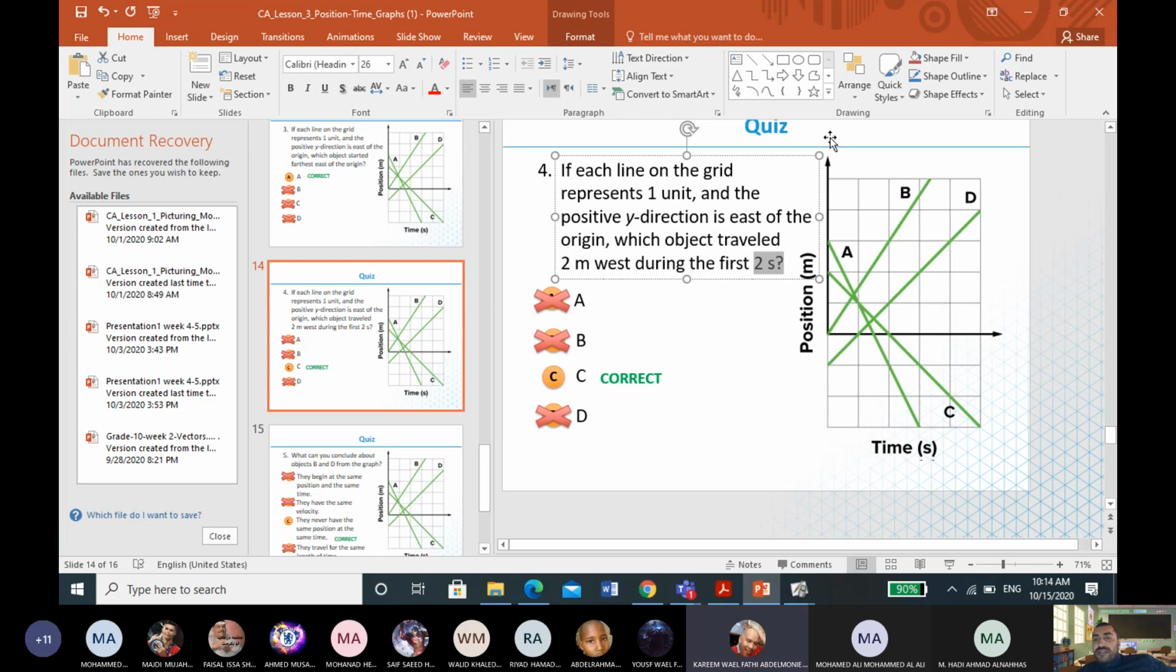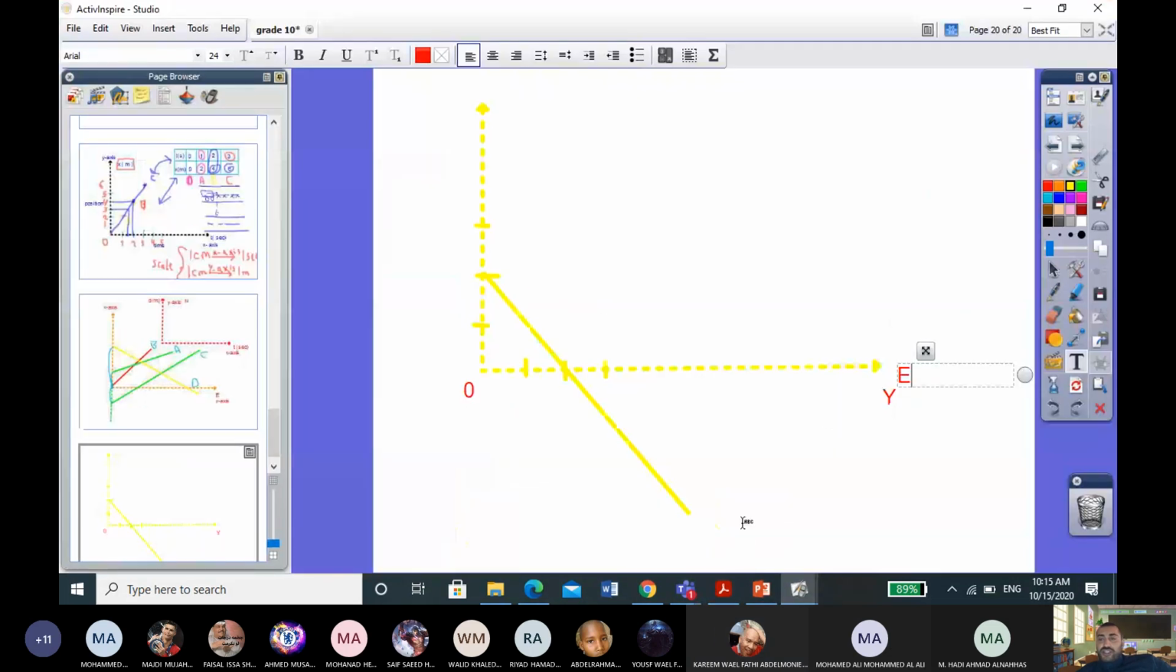We all know that this is the north direction, but in this case, he is telling me to take the y direction as the east. You get it, guys? Yes, I know that it's not easy, guys. Just you all know